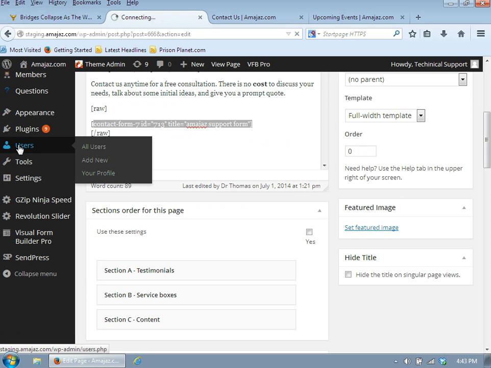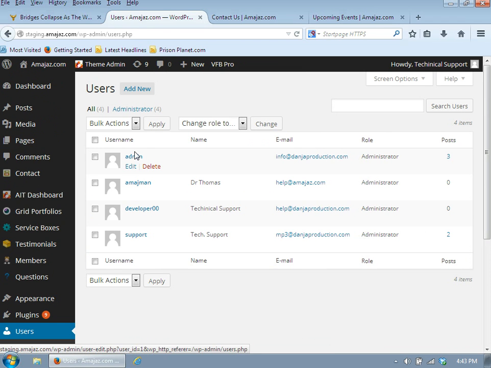Your users, these are all the people that you're going to give access to your site. For example, it has different levels. You can change it to admin, support, and if you want somebody to just be, for example, a member or something like that, that actually goes on the front, this is where you're going to add the new members. So if you click add new,